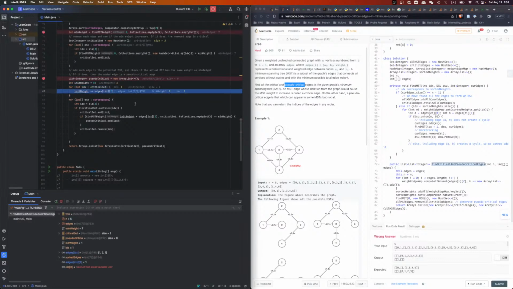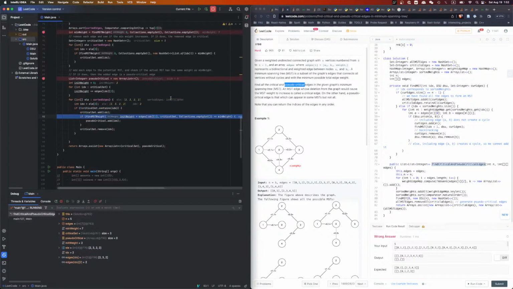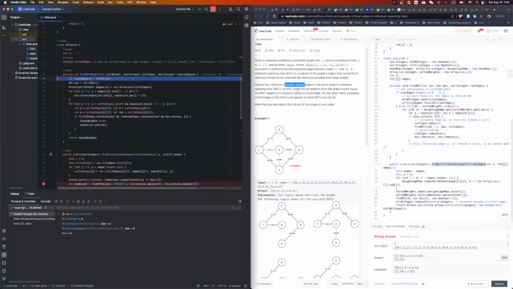This is fine. So we got 2 initial weights. Now again, we do the same thing. If critical contains, next one contains, next one will add this, right? Initial weights added. And then we'll go. Initial weight is 4. Yeah, initial weight is 4. And initial list,